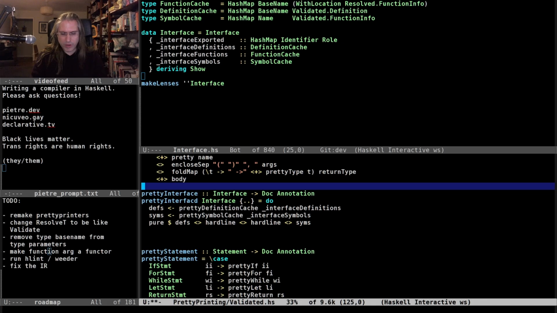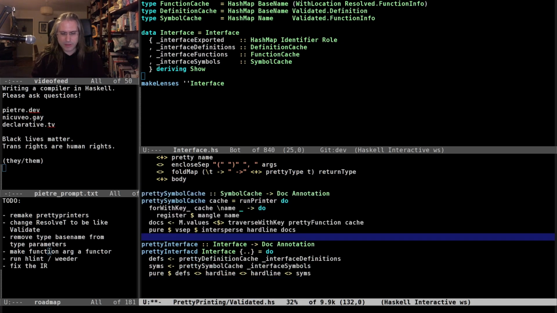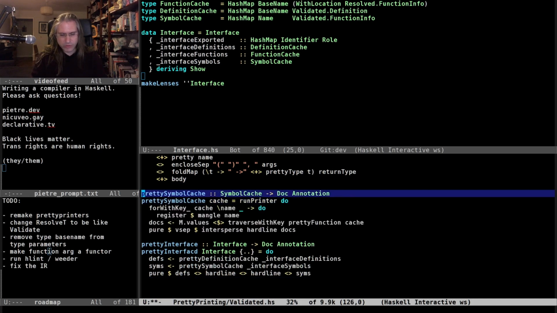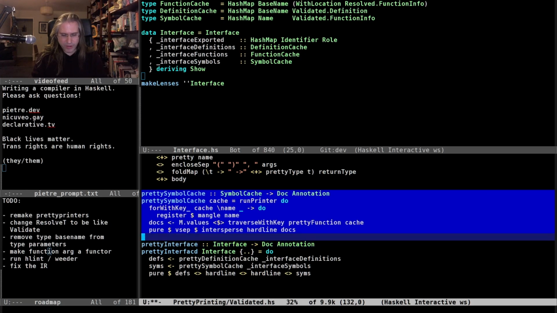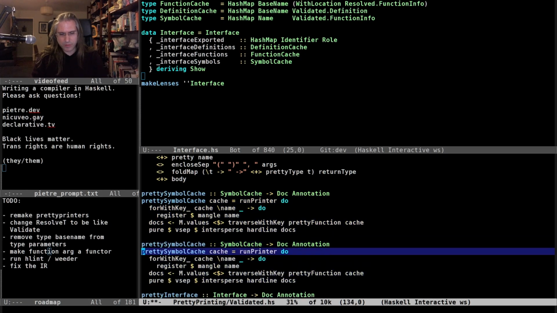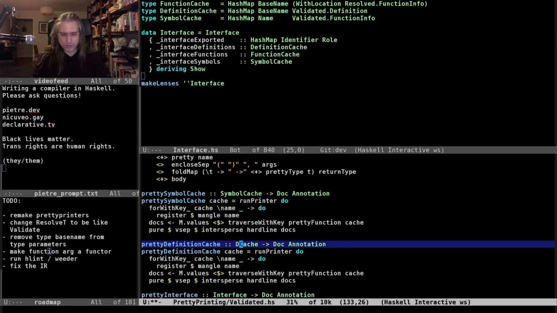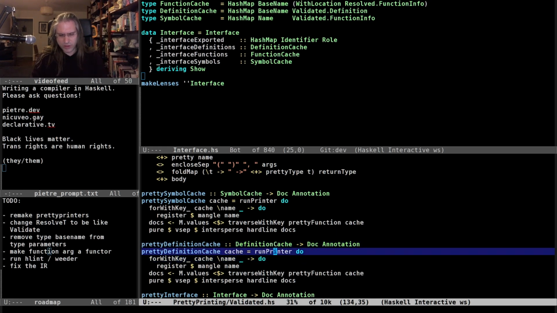I have the problem where in this file, the declaration order matters, which means I am stuck with declaring things bottom up, which I don't like, but that's the price of having lenses. The definition cache here, I guess I can do this one later.